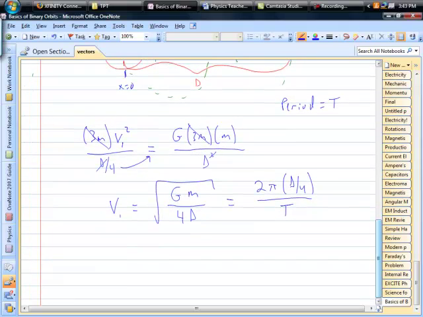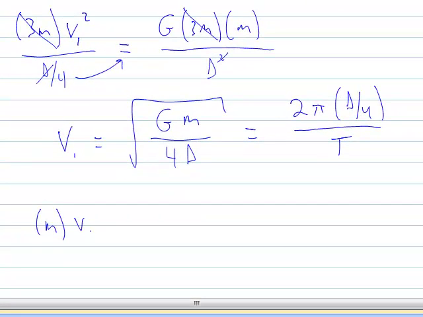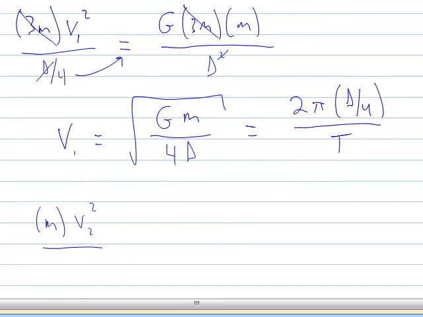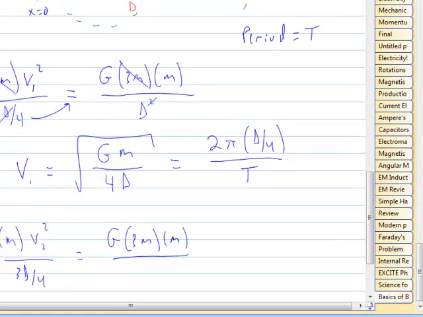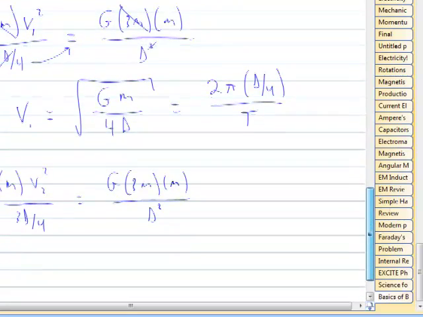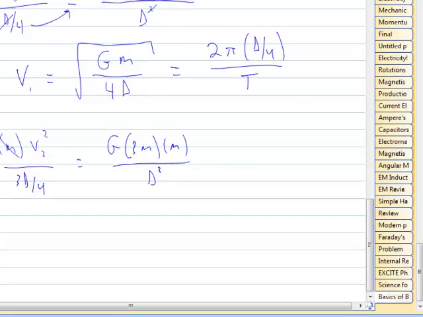For the smaller object, let's just jot down what this would look like. Its mass times its orbital speed squared, I'll call it v2, over its circular radius, the orbital radius, 3/4 of d. That's equal to the mutual gravity between the two. So the right-hand side is going to look exactly the same. We need the total distance between the objects, just plain old d squared over there. In a similar way, its mass drops out. One of the d's drops out. And when we solve for v2,